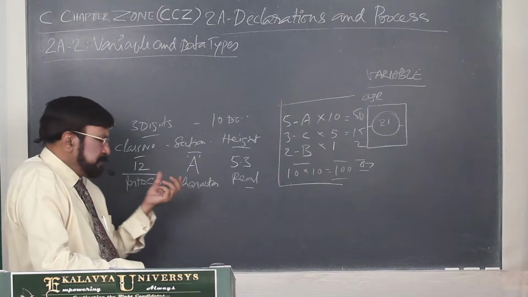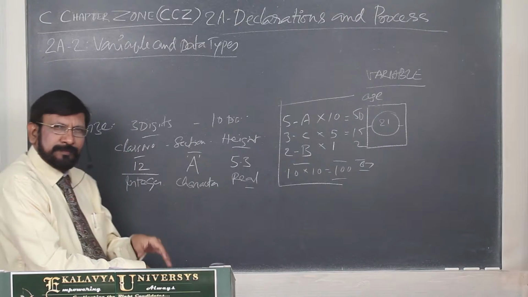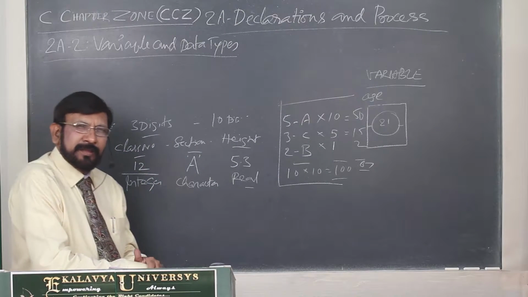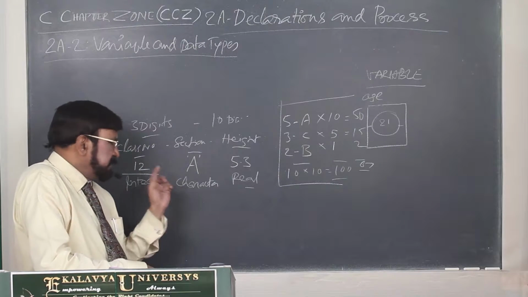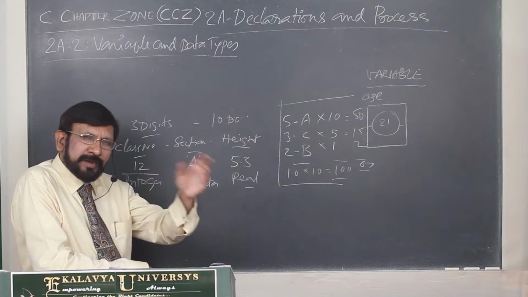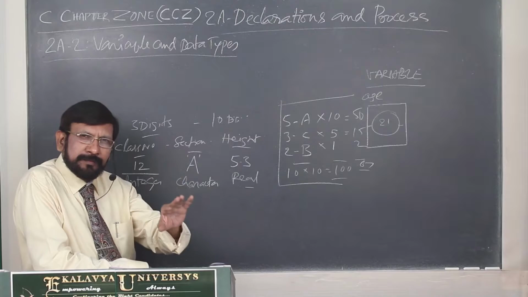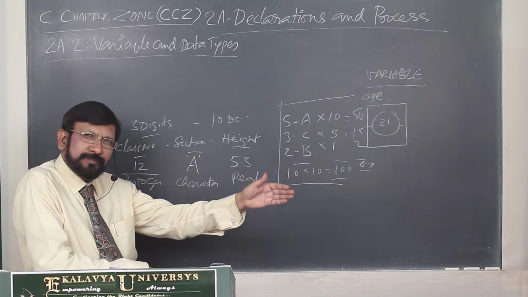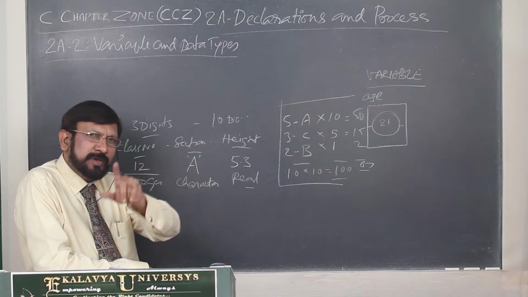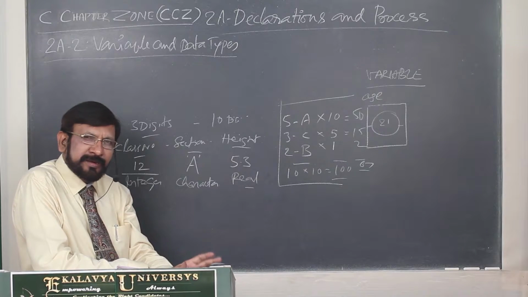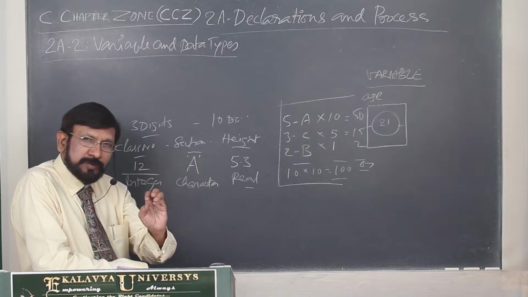First one is whichever is representing the whole numbers, that is integer. As far as whole numbers, integer is concerned, you have to take it in a broader way. That is actually the mathematical meaning. Whole numbers include negative values, 0 as well as positive values. All are integers only. Don't take only positive values.